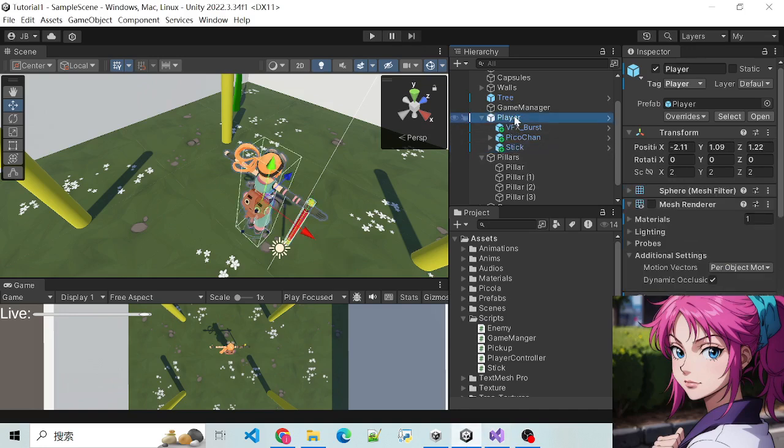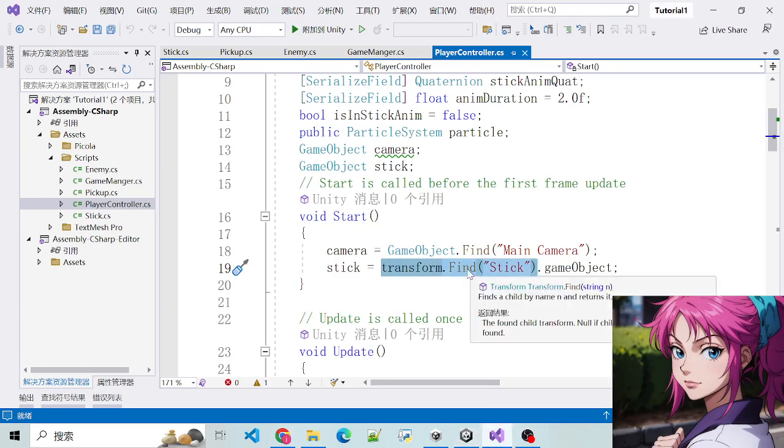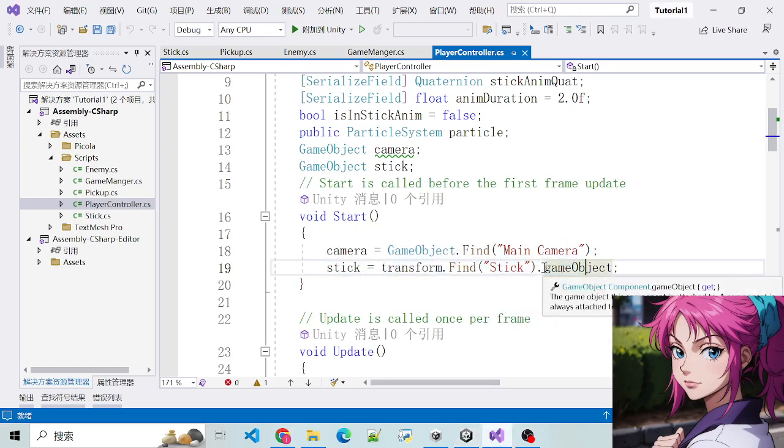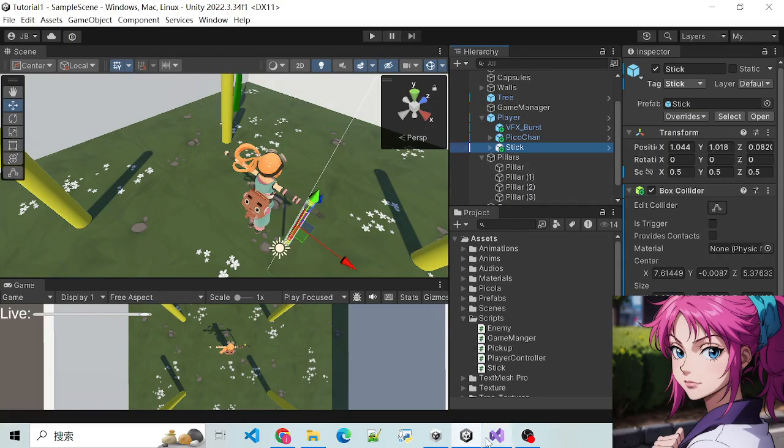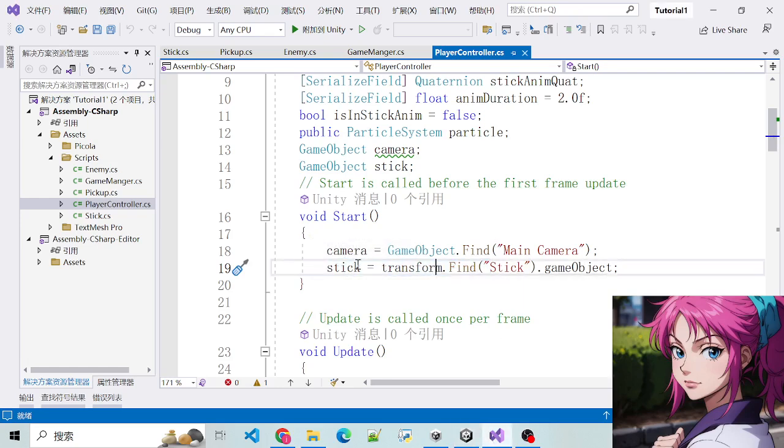So we use the transform of the player to find the transform of the stick. And after that, we use the .gameObject attribute to find the object of the stick. So this means Unity gives us the ability to find the object by the object's transform. Okay, so we find the stick,